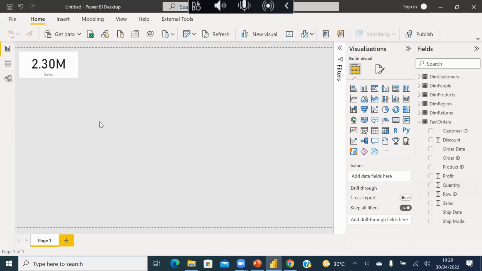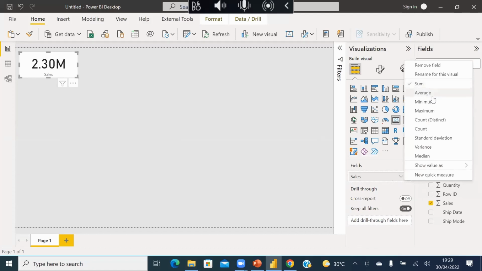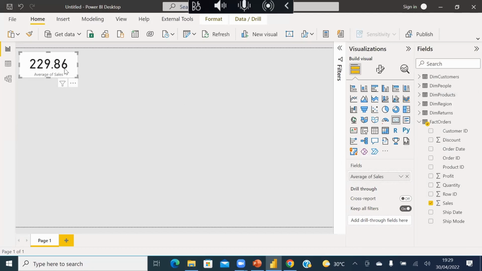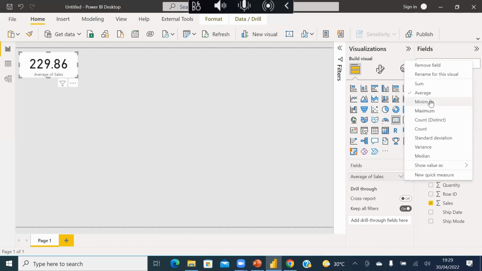What about the quantity of product? You should be careful. All you can do is confirm that this is giving you the sum. You can come here, you see the field you've placed here, and it gives you the sum. Now you can change this to average. You see the value has changed. You can check the minimum, the maximum, you can count, you can do standard deviation. You can do distinct count. Distinct count means that a record will not be calculated multiple times, it will be counted only once, but count counts everything, right? That's for people who may have questions in regards to that.